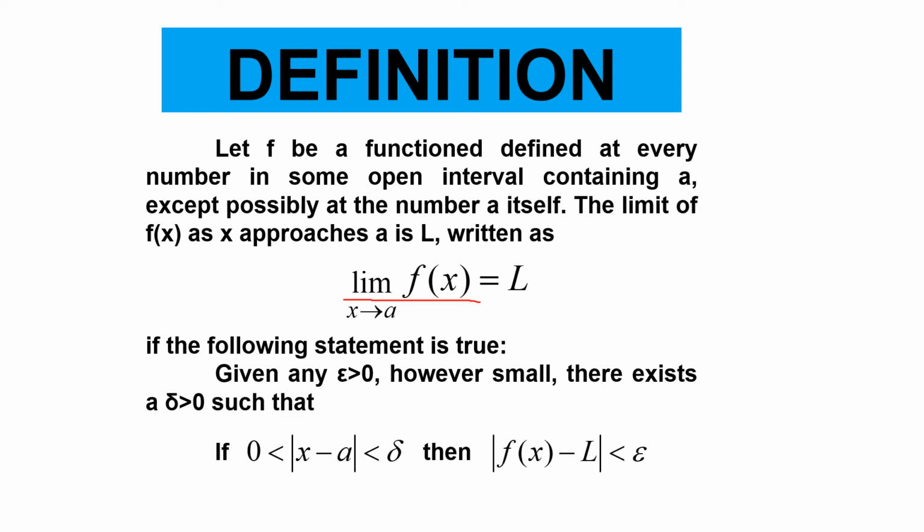So the limit of f of x when x approaches a is L. That's a given condition. If x approaches a, or the value of your x becomes a, then the value of this limit of a function is equal to L. If the following statement is true: given any small Greek epsilon greater than 0,